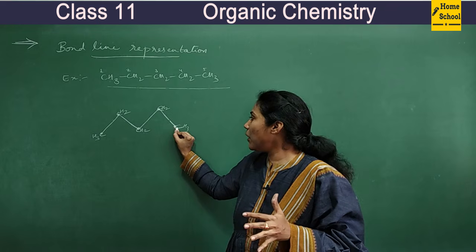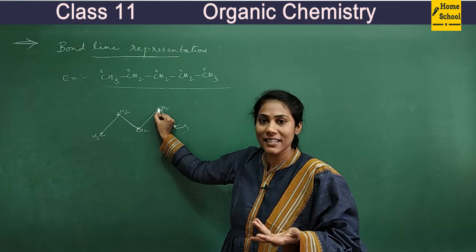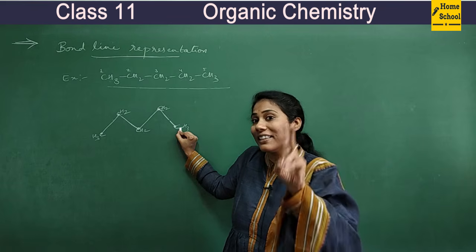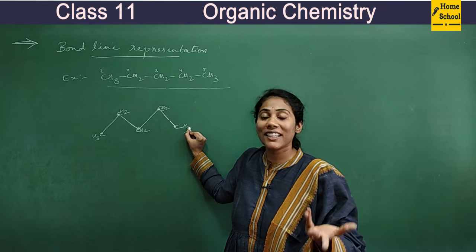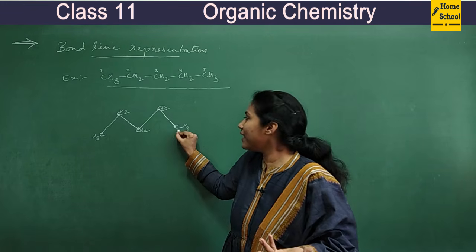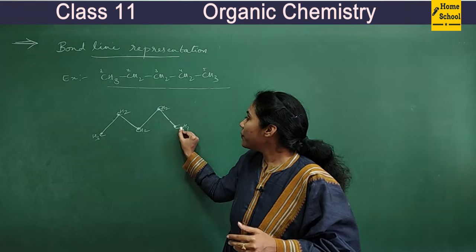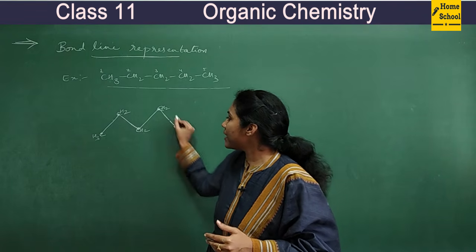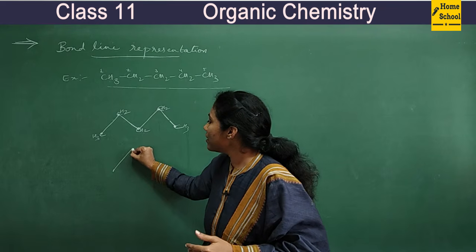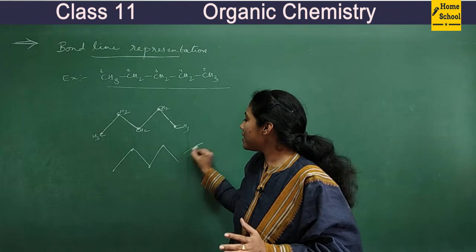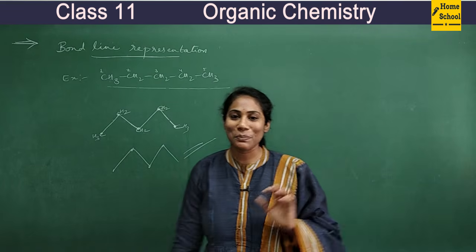Because you see, this point means carbon. One bond is with this neighboring carbon. So how many bonds must this carbon have? Still 3. So those 3 bonds are with 3 hydrogens. It is understood that there is a CH3 group. Okay, so without mentioning these CH2, CH3s, we just mention this molecule like this. That's it. So this is the bond line representation of this molecule.